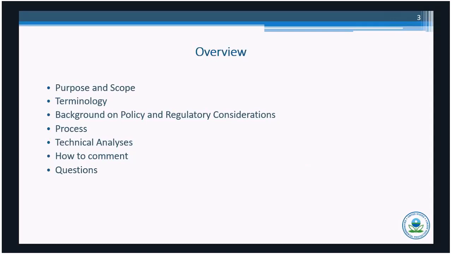First, I'll cover the purpose and scope of the draft guidance document. Then I'll highlight a few key pieces of background information and context as contained in the draft. Lastly, I'll cover the recommended process for air agencies to follow when developing and submitting a Section 179B demonstration to EPA. Then I'll turn it over to Baron to cover some of the more technical sections of the draft. And we'll have relevant links and our contact info at the end with time for questions.